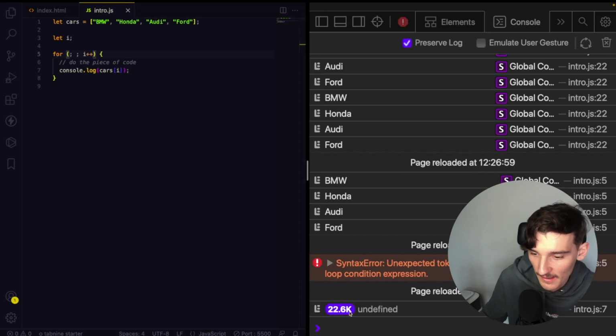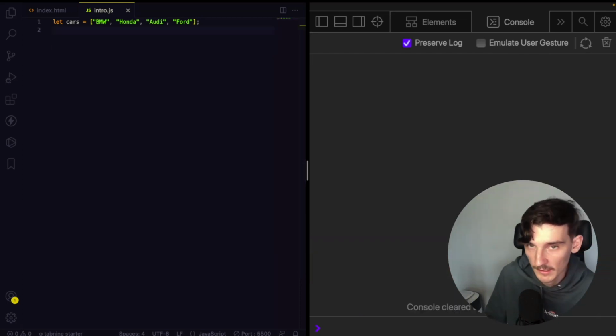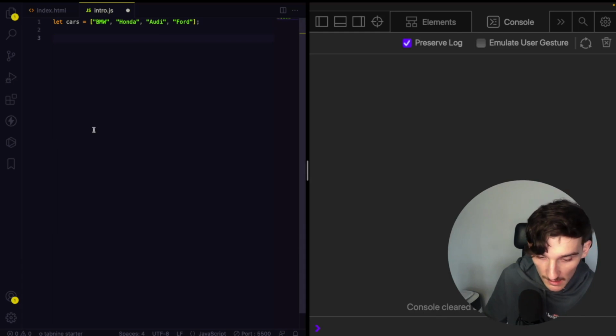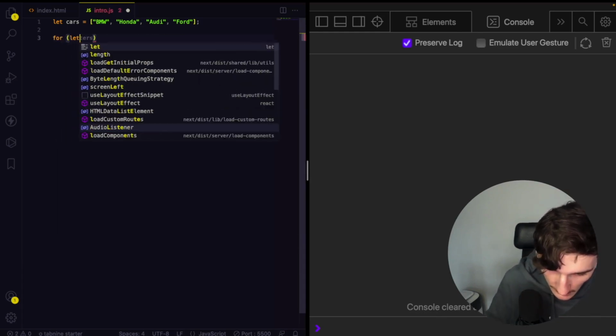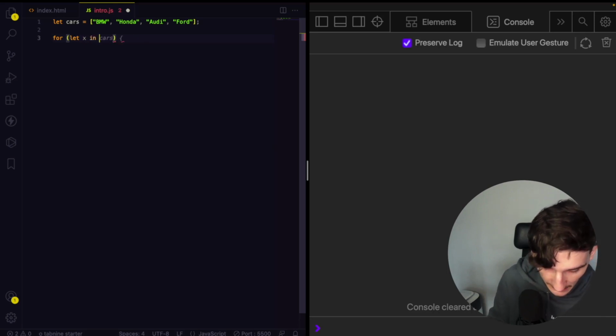You see how it's counting, there is so much rendering, compiling, it will fill the entire memory, so always remember to make conditions to stop the code, because it will just eat all your memory in the browser. When it comes to for loops, there is also a shorter version of declaring that, so I will go with the cars array and I'm going with for let x in cars,